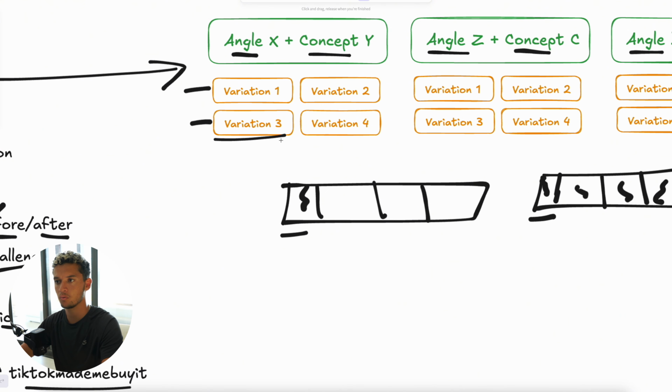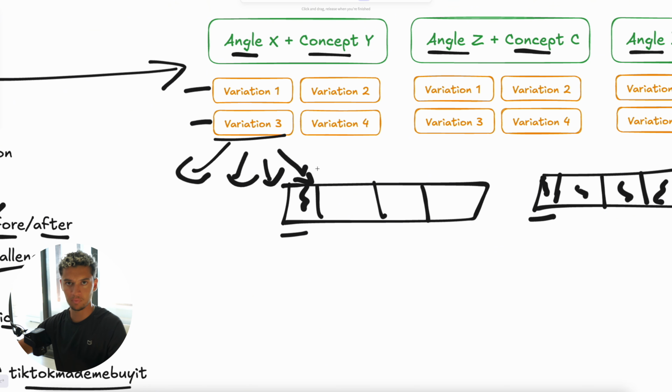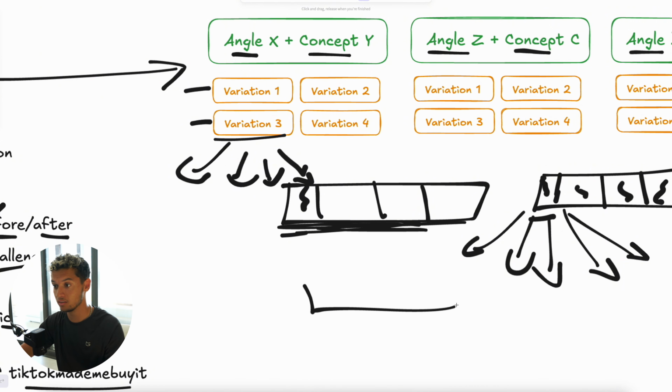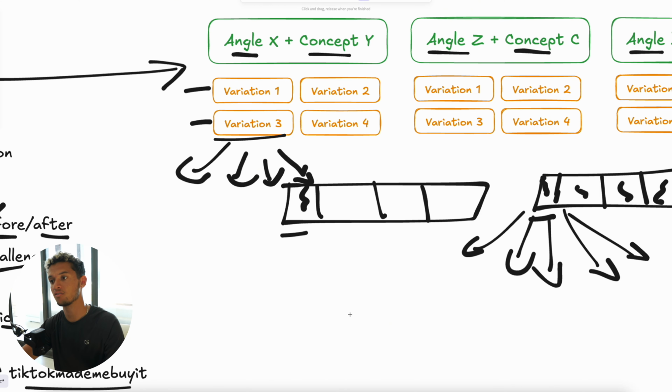If variation 3 works better, we won't now do this for all of our ads and say, okay, we got a new concept, like it should only be girls. But you shouldn't take this hook and paste it into every other ad and think that you get more creatives now, because this hook on this video is the same thing as this video. This hook on this video is the same thing as this video. This is the Meta Andromeda update.